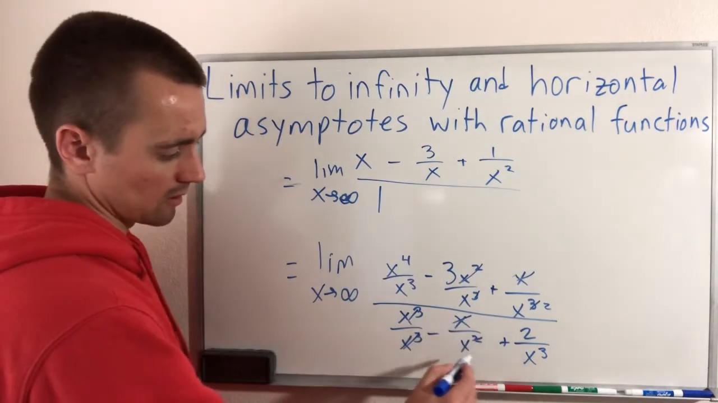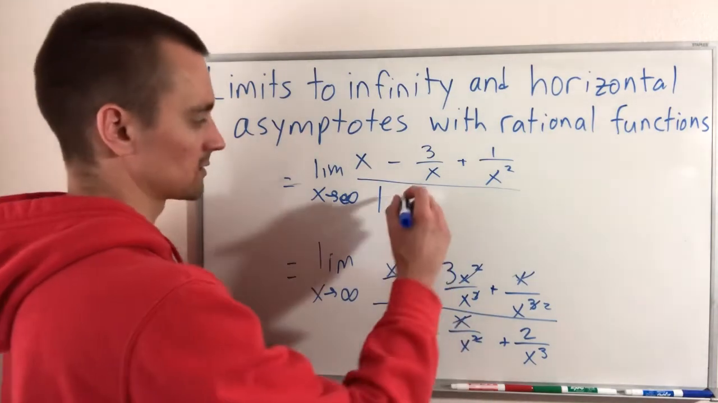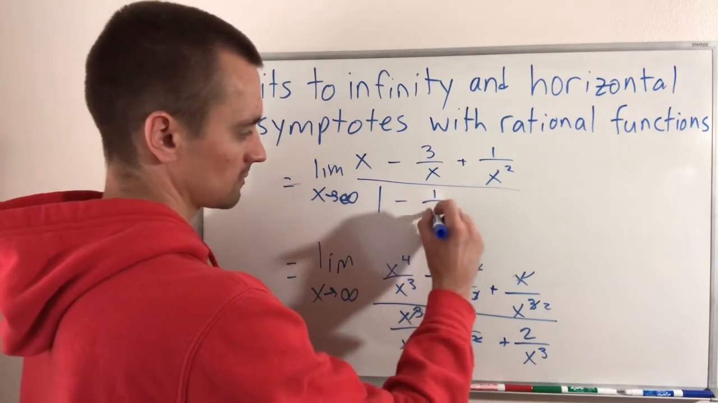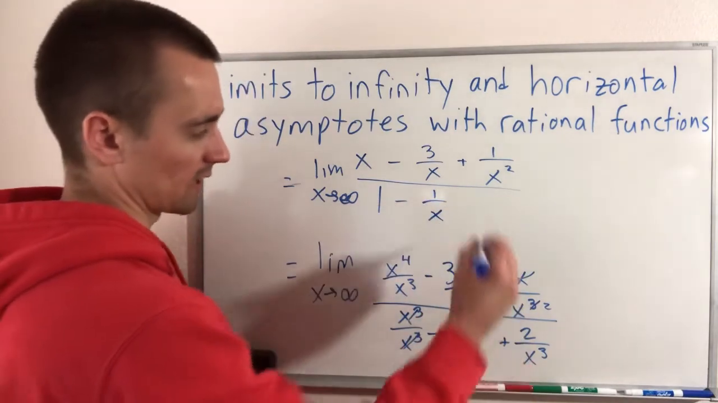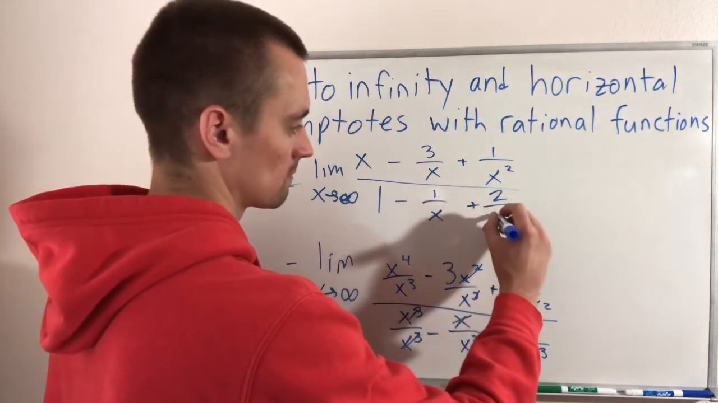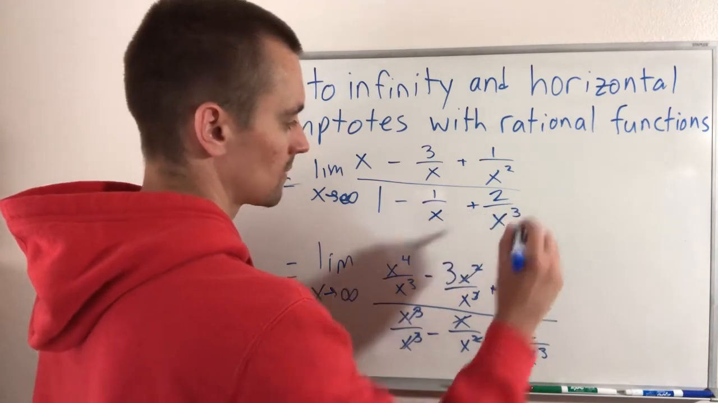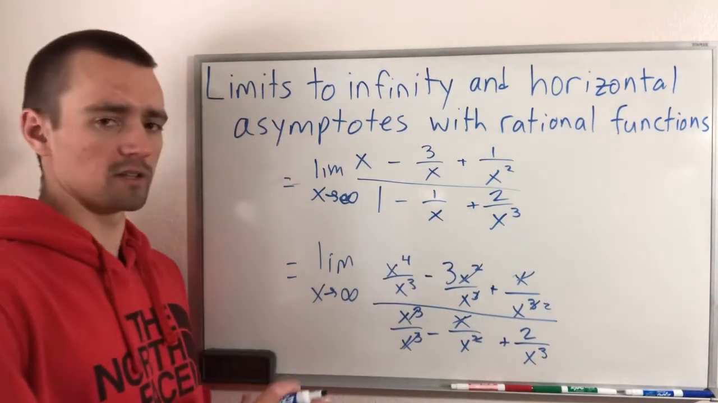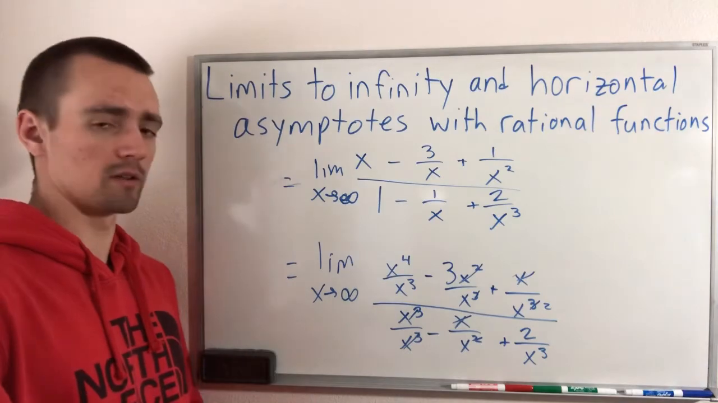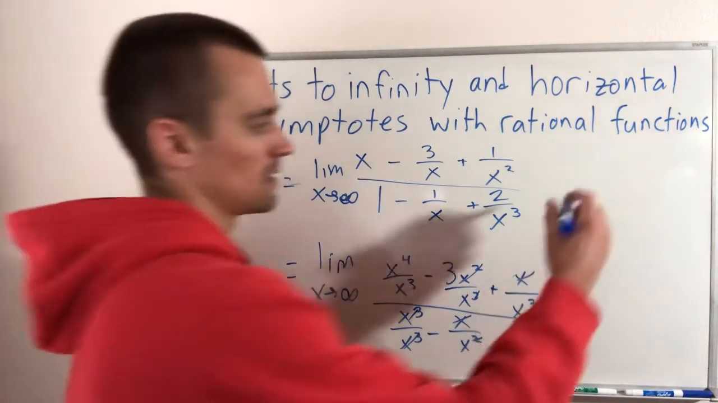X over x squared, that'll cancel. We'll just get 1 over x minus 1 over x. And then 2 over x cubed isn't going to be able to simplify. So now what this really all is going to come down to is one important fact, and that is that